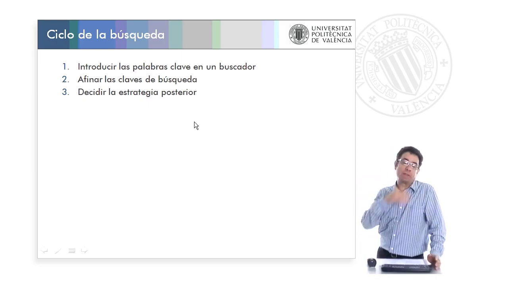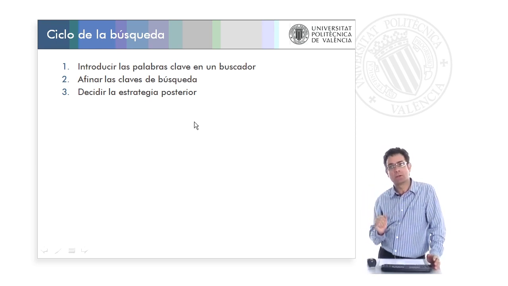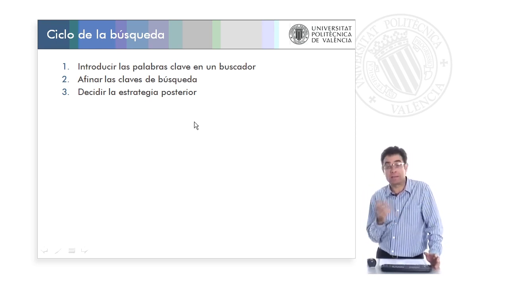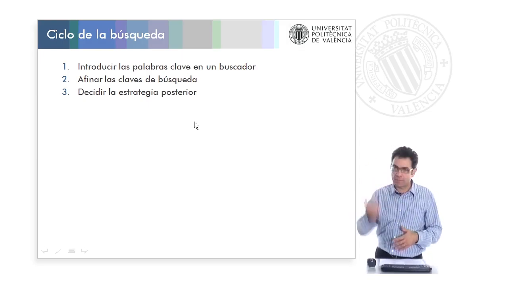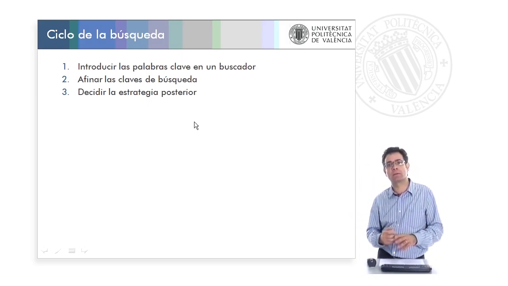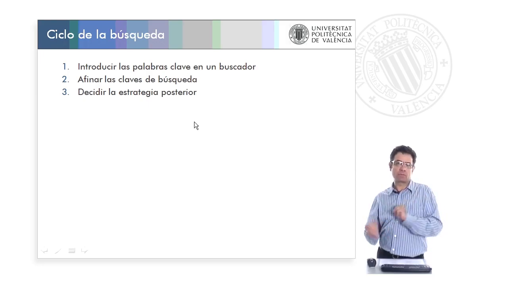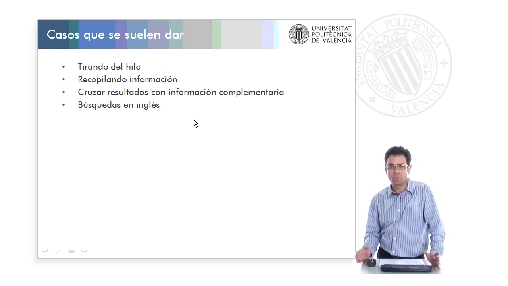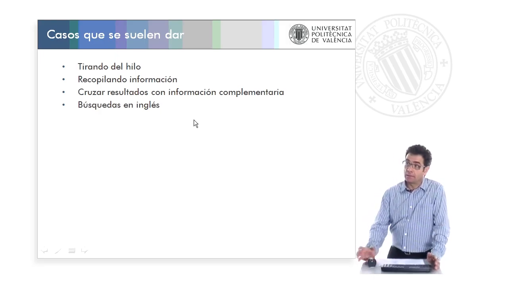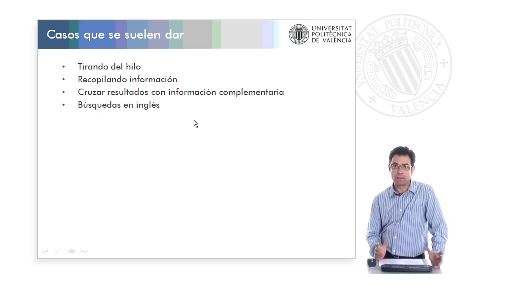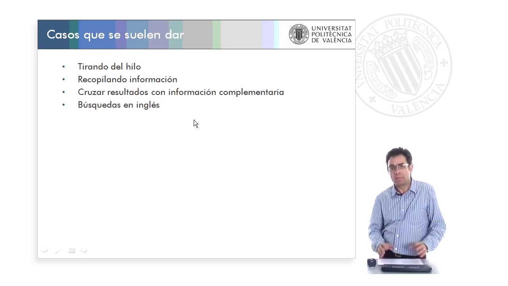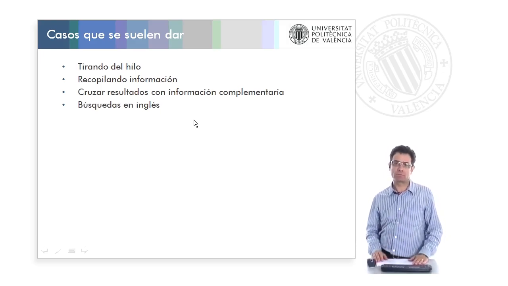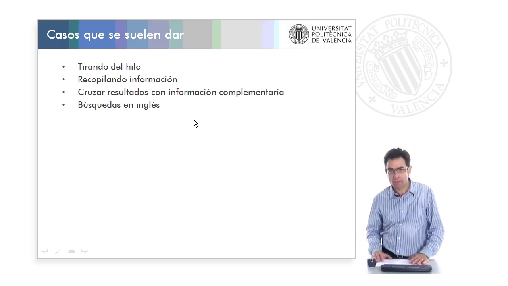decide if what we are going to enter the next time is to add a word or to remove another, perhaps adding quotation marks to have an exact literal meaning or anything else. The possibilities are endless, and there's not an exact correct answer. What happens then? The thing is that we can spend, depending on the type of search, quite a long time, even hours, until we find the relevant information that we actually need.